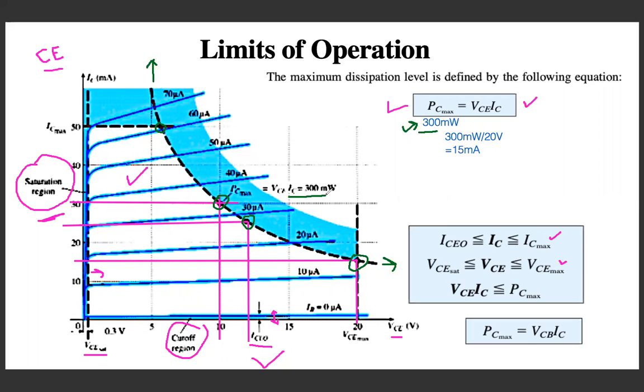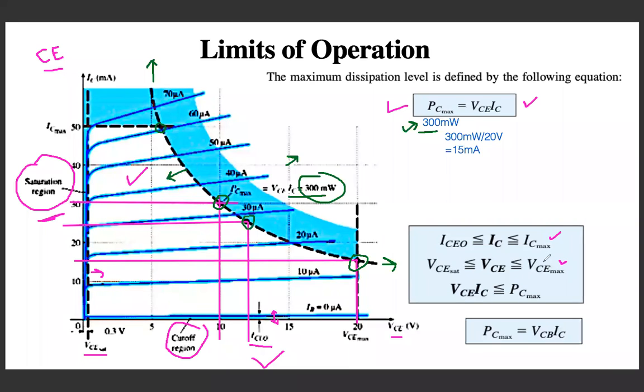जो इनइक्वालिटी के ग्राफ बनाते हैं, x should be greater than equal to 5, y should be less than equal to 7, इस तरीके. So this is the curve of equality. On this curve, we are limiting the operation. This is the maximum range of the voltage and current such that their product is equal to 300 millivolt. इससे ऊपर जाएंगे तो हमारी PC की वैल्यू बढ़ती जाएगी और इससे नीचे रहेंगे तो PC की वैल्यू रेंज में रहेगी. So from there we will get the value of IC max,